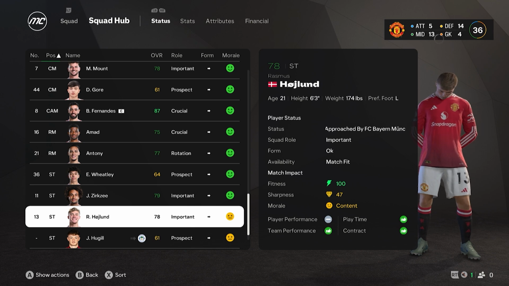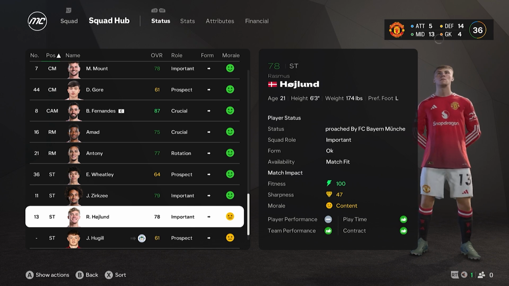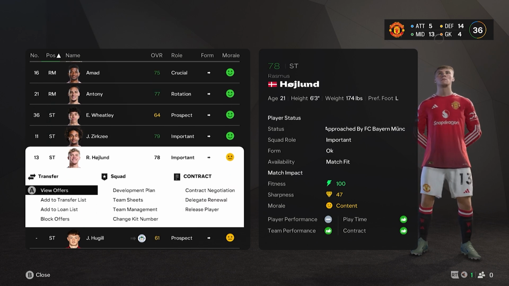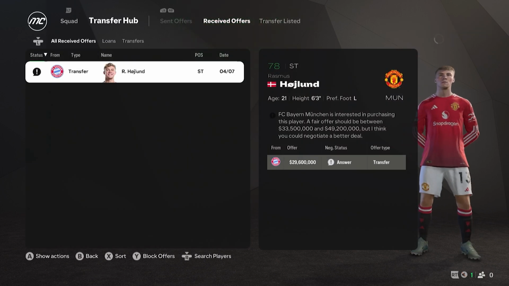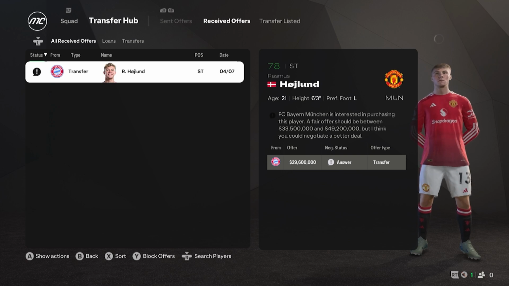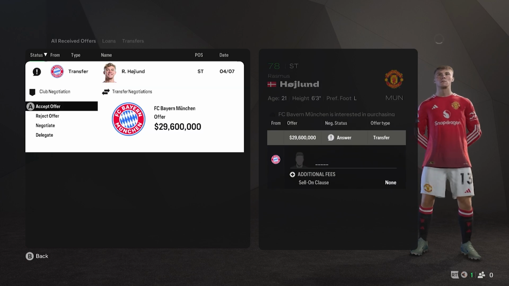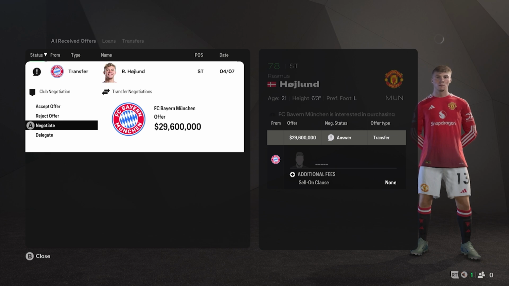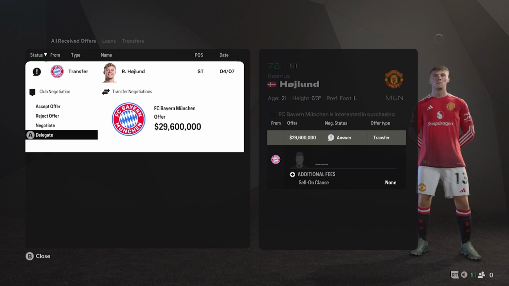So obviously if we are looking at selling a player, for instance, just because we have got the contract with Højlund now, we'll have a look. So we can go either from the start or here. We've got an offer of 29.6 million. Negotiation status, we need an answer, and the transfer type is transfer. So this is where we can either just straight accept. If we're really happy with the offer, that means he will go. We can reject and hope they put in another bid. We can delegate and then hope that the second assistant's going to do well,